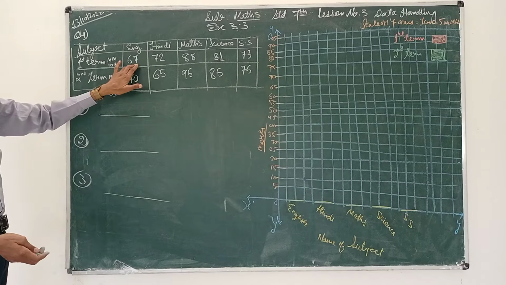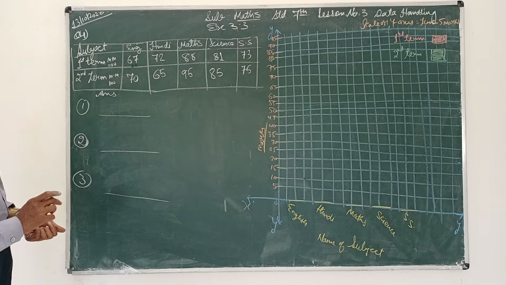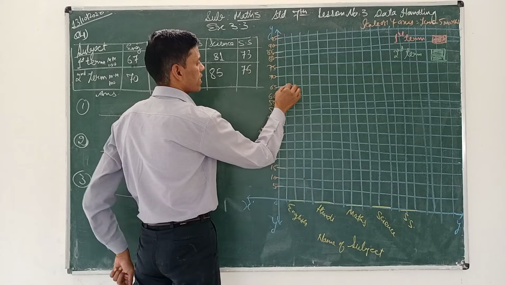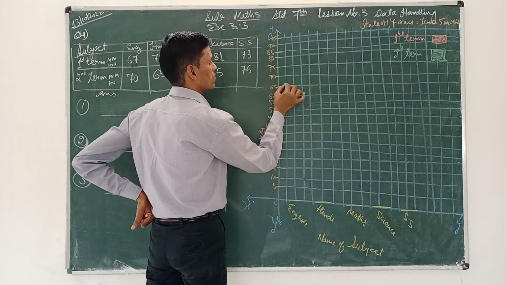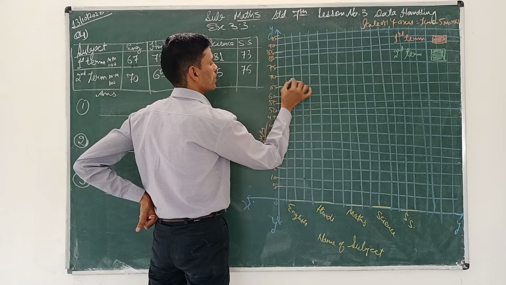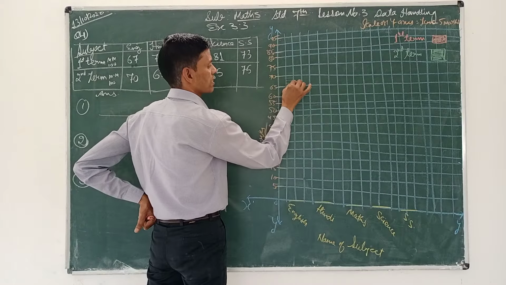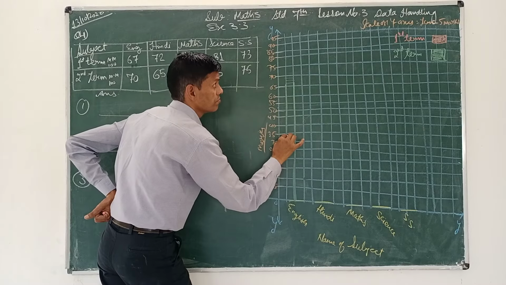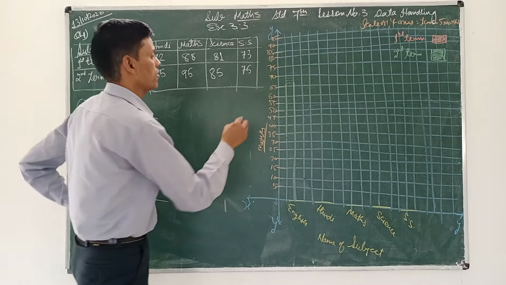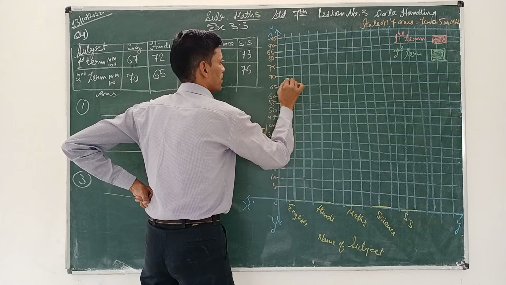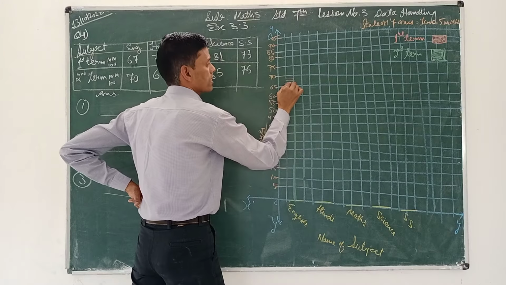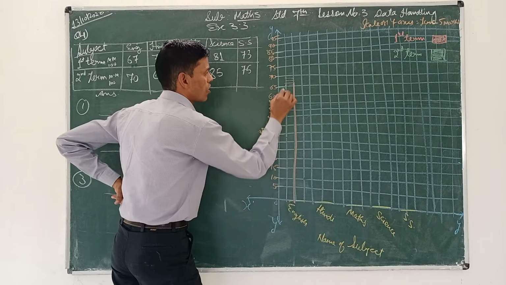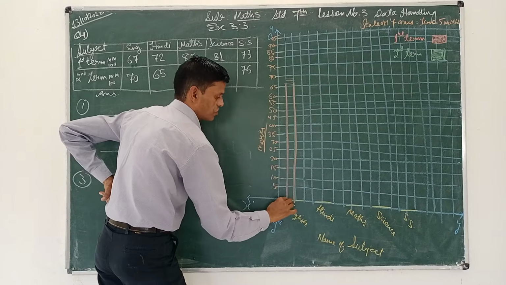First of all, we will see 67 and 70 in English. So where is English? Here. Where is 67? Where is 60, 65? There are 4 lines between these: 1, 2, 3, 4. So 65, 66, 67. This is English first term. We have to mention it in red for the first term. We'll plot like this with red chalk, or you can use a pencil of a different shade.